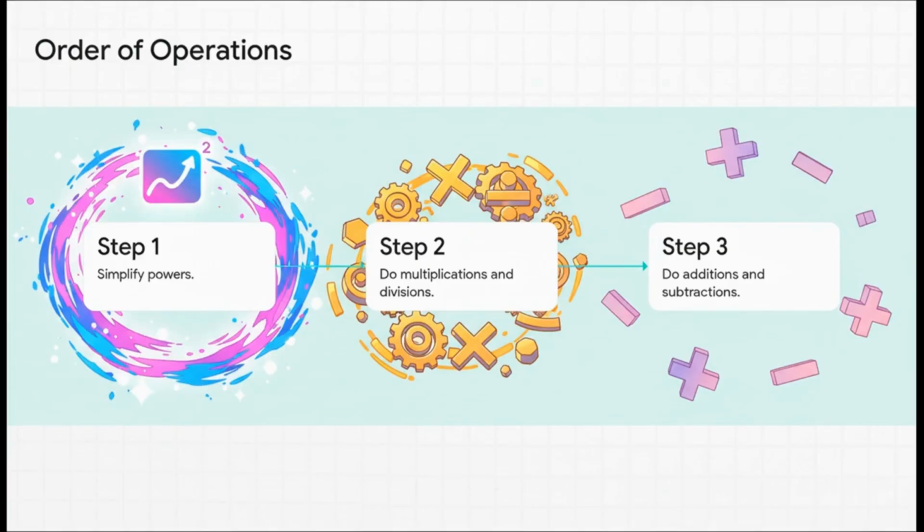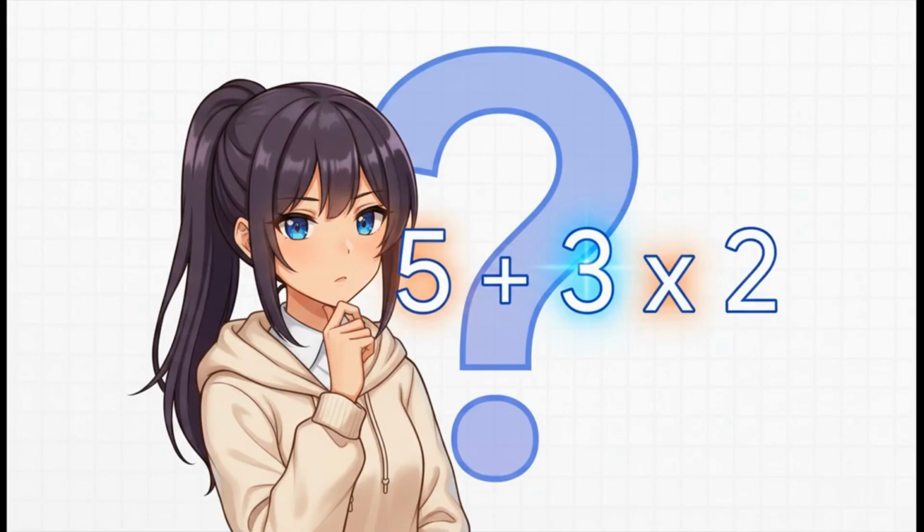First, you take care of any powers. On the next level, you handle all the multiplications and divisions. And on the last level, you do all the additions and subtractions. That's the basic pyramid. Okay, now that we know the rules, let's head back to our original problem, 5 plus